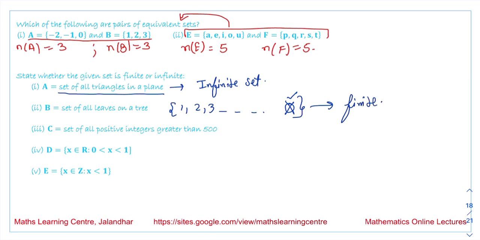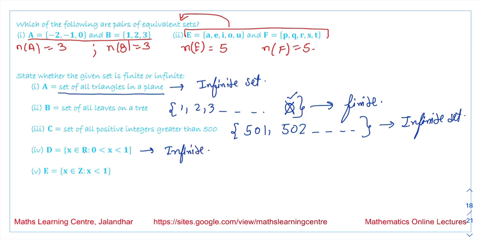Next is C, the set of all positive integers greater than 500. We are writing it is 501, 502, and so on. So this is an infinite set. There are infinite number of elements in this set. Next is x belongs to R, 0 is less than x is less than 1. If we are talking about these numbers, this set is also an